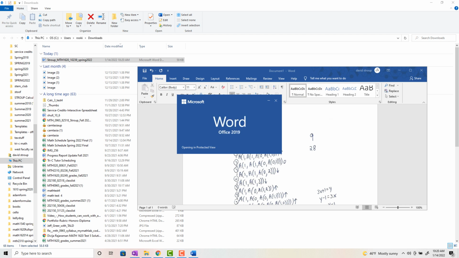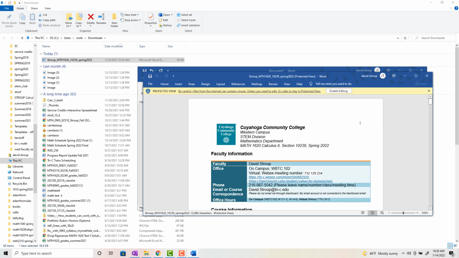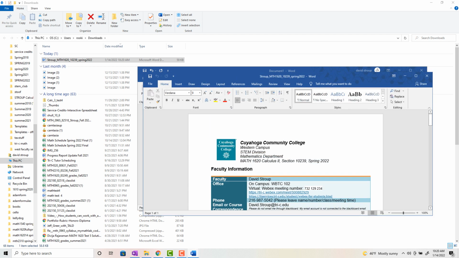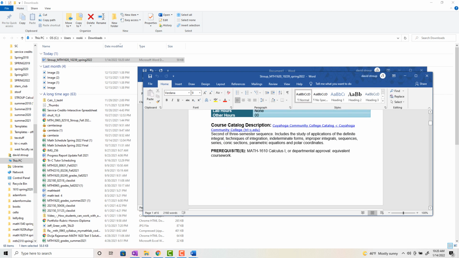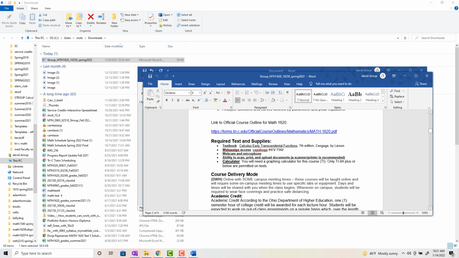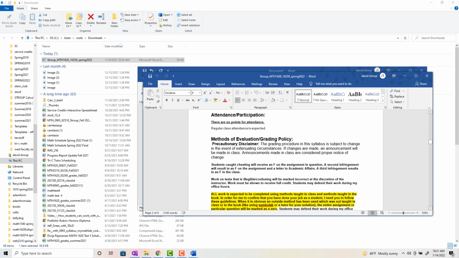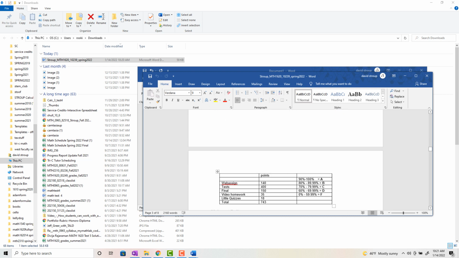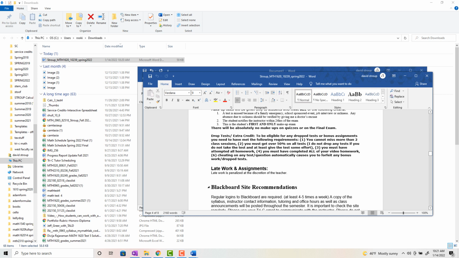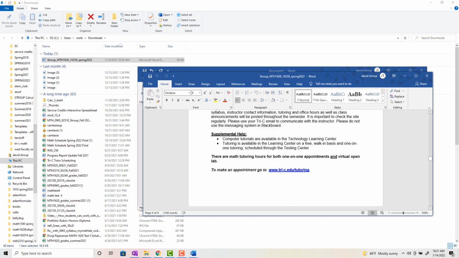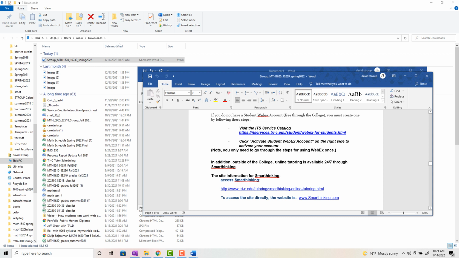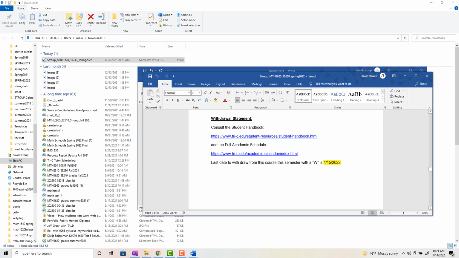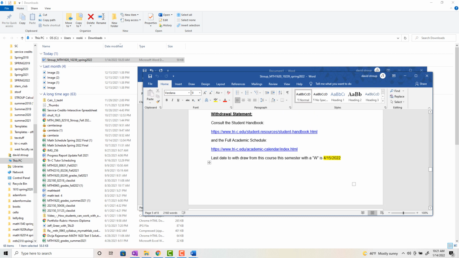And basically it's just going to go through all of what I was just talking about, but in more detail. You'll see all of our legal information in case you're worried about any technicalities. I cannot withdraw you from the class. I know at some colleges the professor can withdraw you if you're not attending, but I cannot do that. You have to take responsibility for that. The last day of the withdrawal is 4/15.